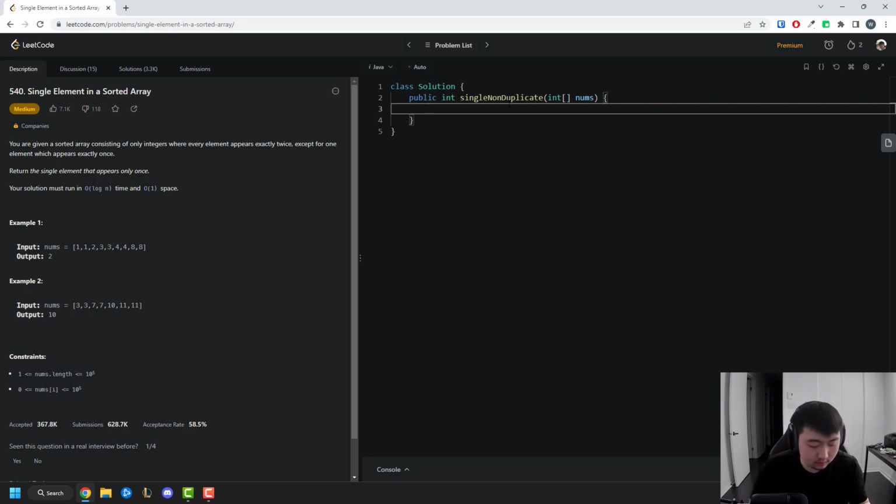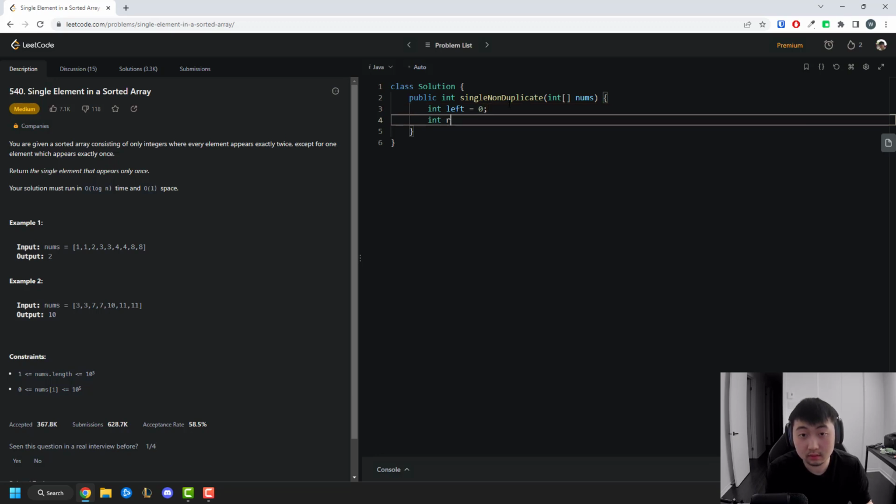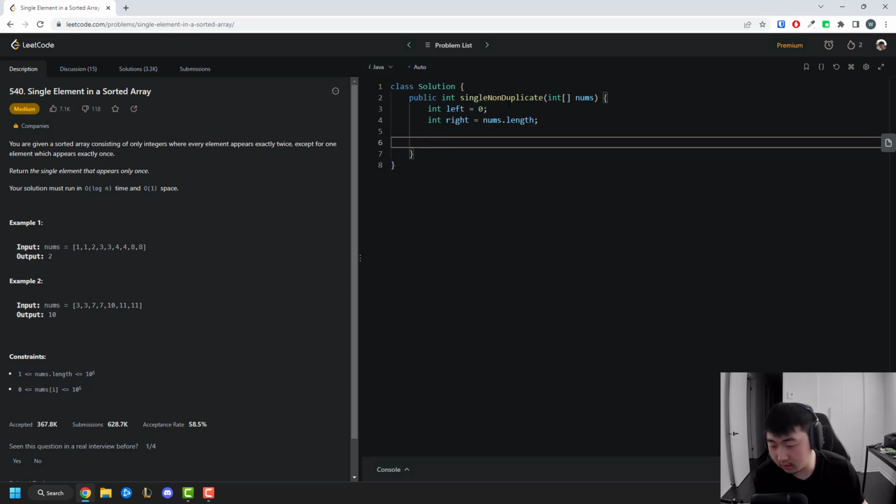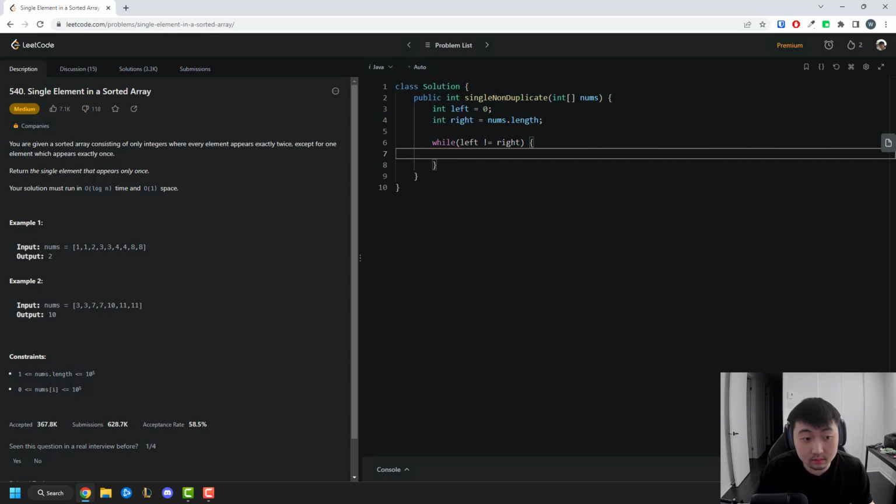So it's going to be a binary search, so the left, the right, that's the length of the array. I think the condition where you check left or right, I'm kind of scared of going out of bounds, so I'm not sure if I'm going to have an issue with that. So while left is not equal to right, this is where we write the conditions of going right. So to go right, what we need to check is